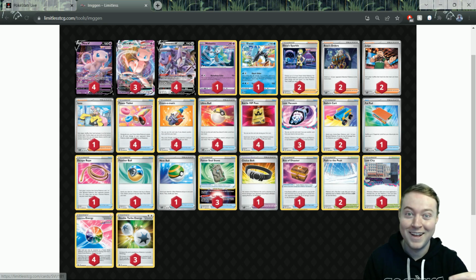It's 2024, last year. 2 Nest Ball can get a little clunky. So 1 Nest Ball, 1 Feather Ball feels like the right split to me. 3 Forest Seal Stone, you want to see it. You want that redundancy. If you want to save it for later, you need to be able to attach multiple